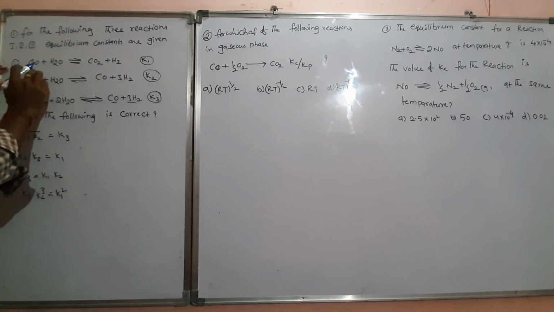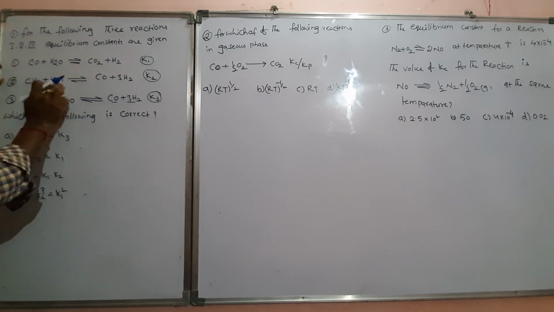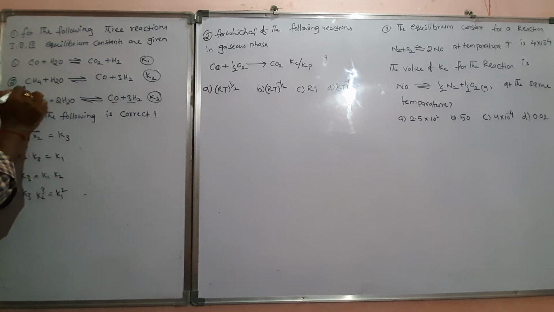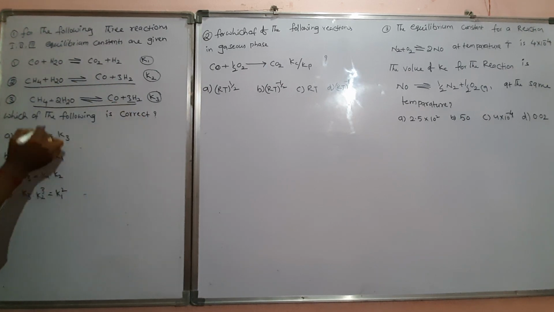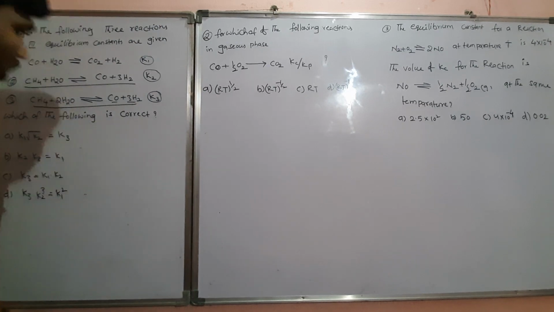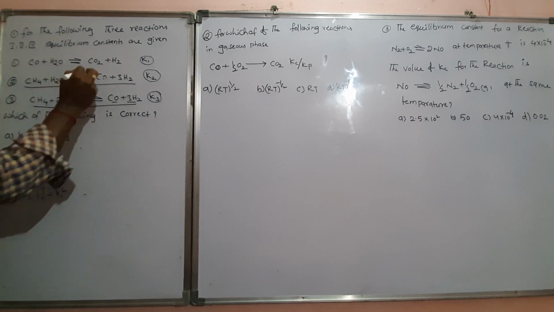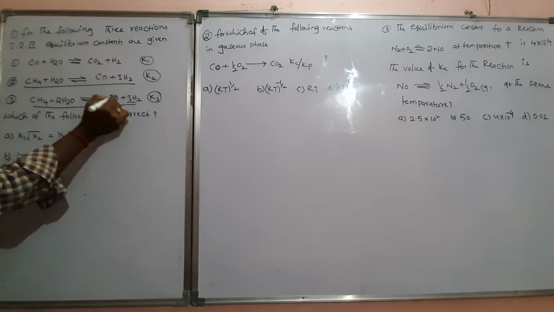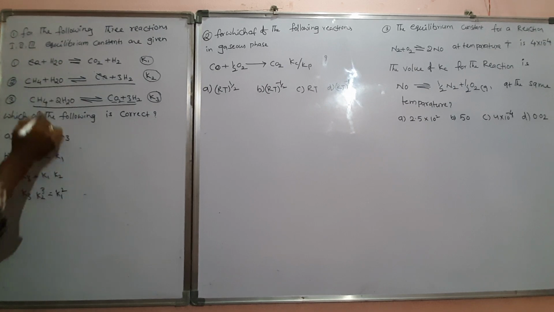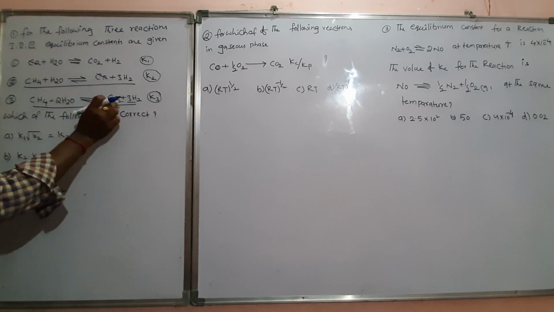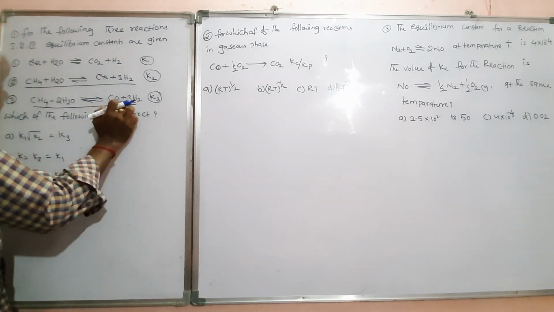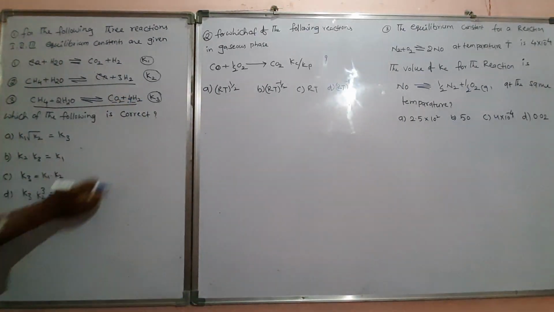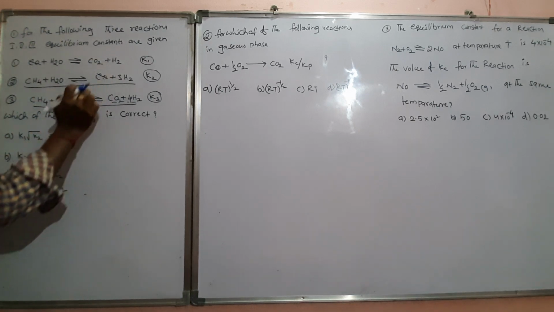First you see, CO plus H2O gives rise to CO2 plus H2, and CH4 plus H2O gives rise to CO plus 3H2 are given. When you add these two equations together, you will get the third equation. The CO on this side and the CO on that side get cancelled. So the final equation is CH4 plus 2H2O, H2O plus H2O, then CO2 plus, actually here it is 4H2, I took it wrong here. So CO2 plus 4H2. By adding these two equations, you are getting the third equation.